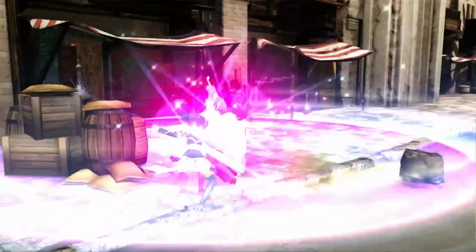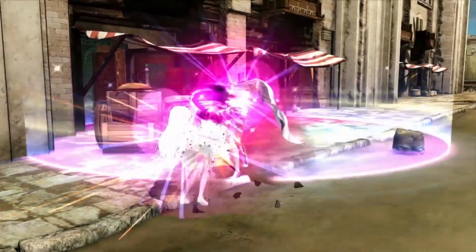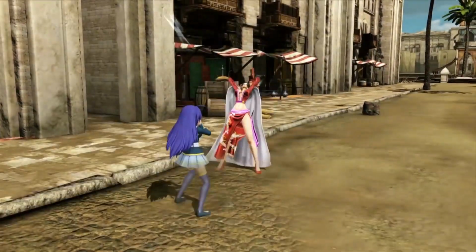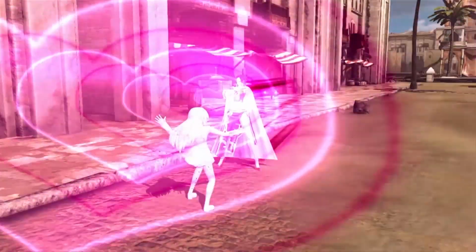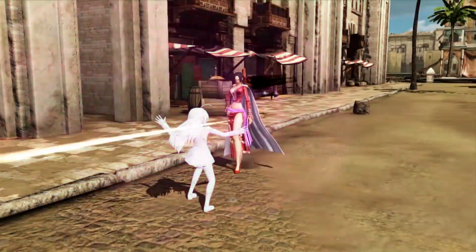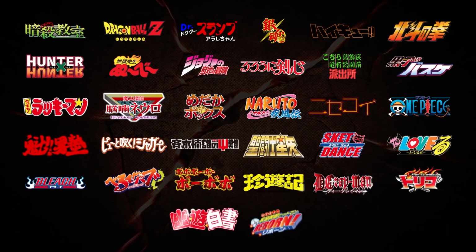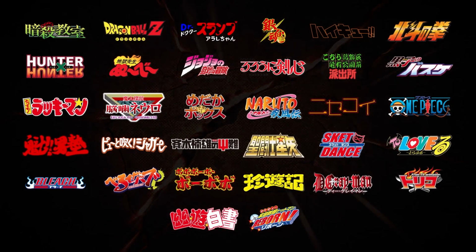Like, you'll see a lot of characters that you have no idea what series they're from, what anime. Some of them don't even have anime. They only have manga. I'd say it's worth it if you like anime, definitely. Definitely if you like shonen, you like Naruto, One Piece, Bleach, definitely play this game. So I'd give it a